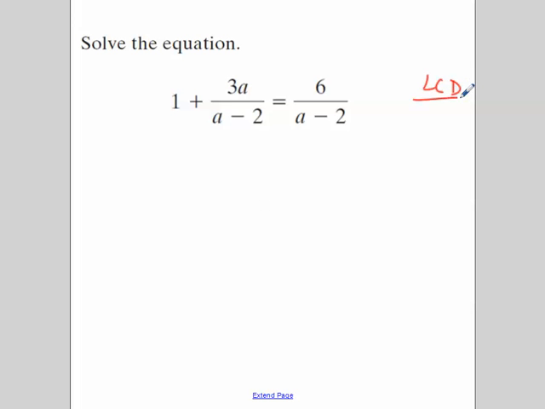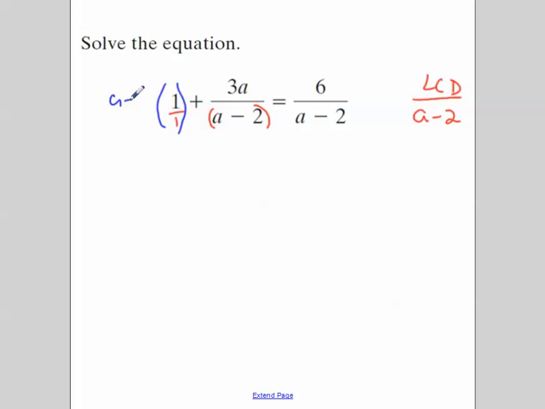Lowest common denominator sometimes jumps out at you. So if we look at this one, we say, well, lowest common denominator, this is over 1, I suppose. Lowest common denominator includes every single factor from every single denominator raised to the highest power they see it. My essentially one factor is a minus 2. So my lowest common denominator is a minus 2. So what I do then for a rational fractional equation, find the lowest common denominator, multiply every term by the lowest common denominator. So I'm going to take my first term,